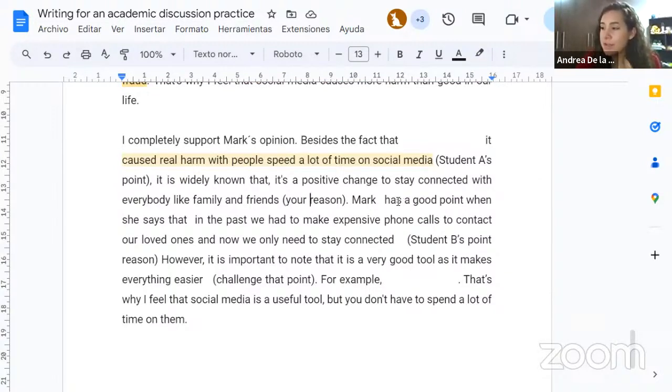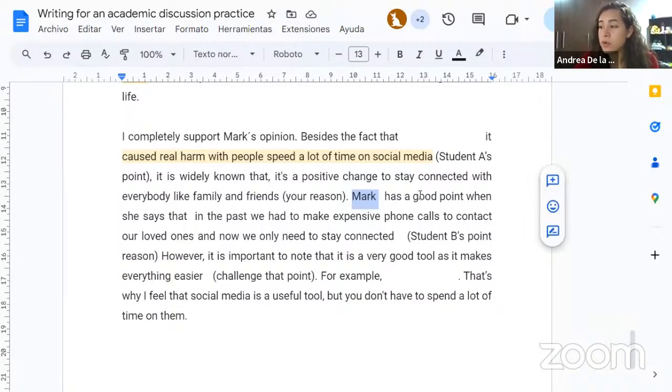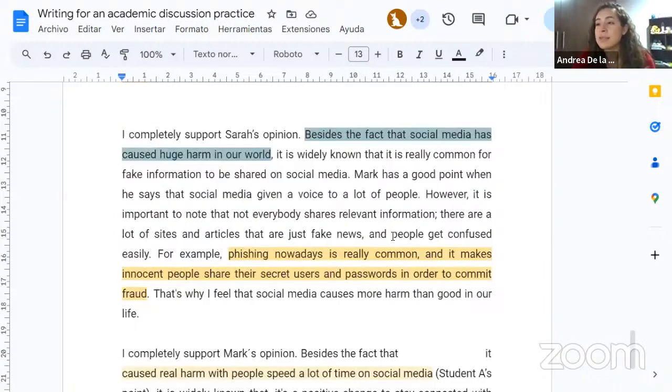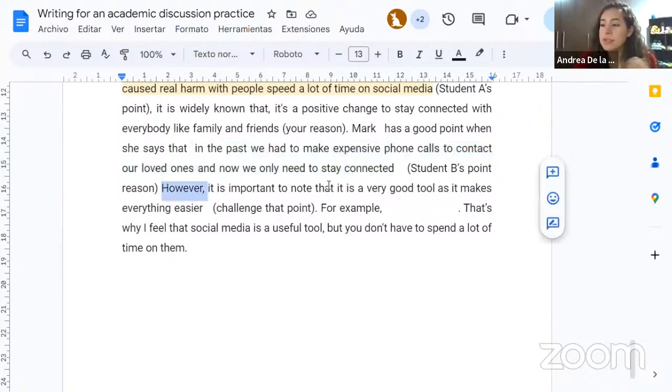Okay. I think you're getting confused between student A and student B. Again, student A is the one you agree with, in your case, Mark, and student B is the other one. So in this case, you needed to talk about the other student. That means you needed to talk about Sarah, right? You needed to say, Sarah has a good point when she says that, and here you need to mention something that Sarah said. So Sarah has a good point when she says that in some cases it has caused mental disorders in people. And then you need to challenge that point and say, however, it's important to know